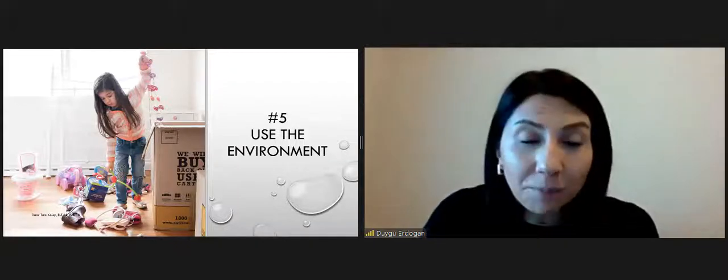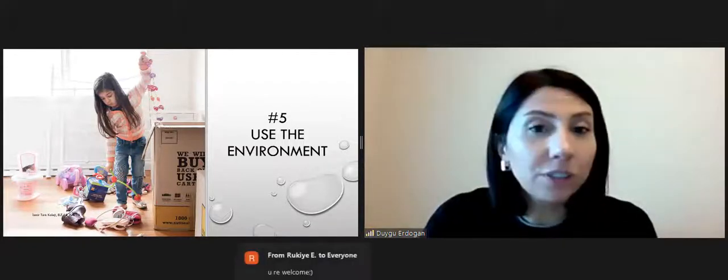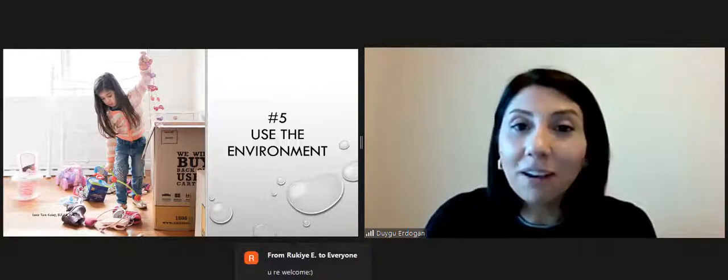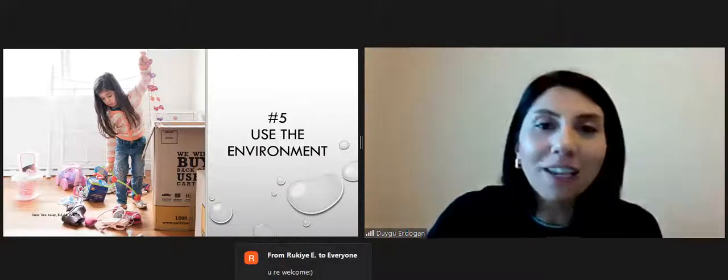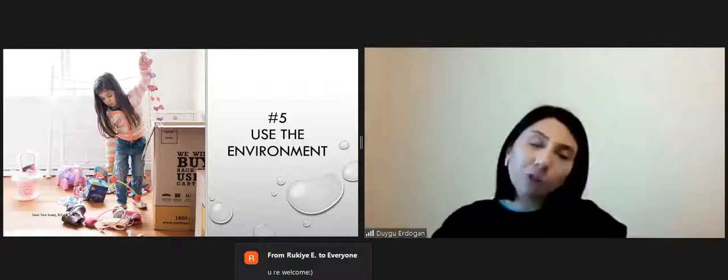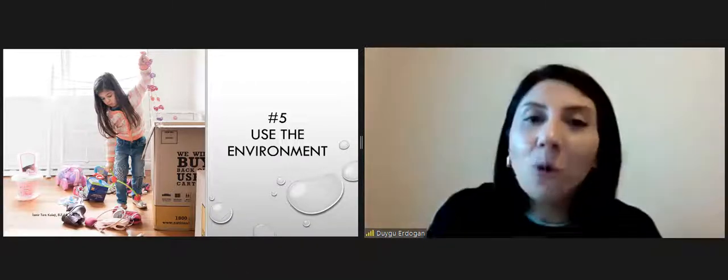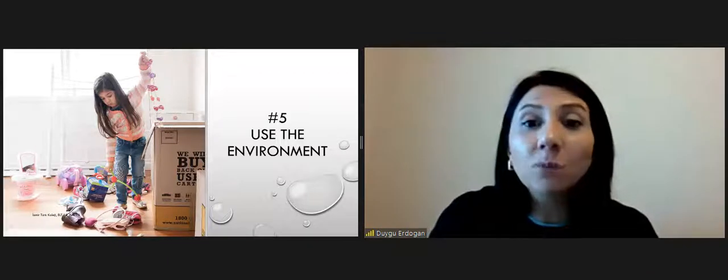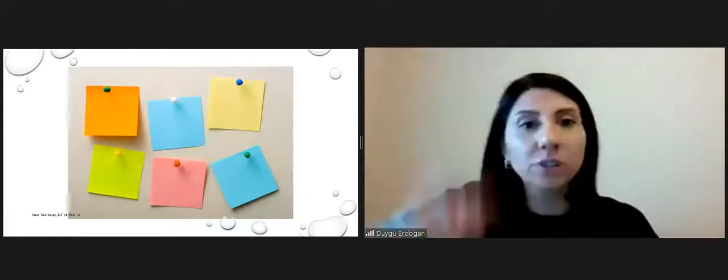Now, the environment, I have seen this work with university, adults, primary, secondary, kindergarten, all of them. Now, using their environment, unfortunately, is their homes. So why not have the kids walk around and come back into the screen? Grades 3, 4, and upwards, you can have them use post-its. Let's say you're teaching adjectives and they write the word creative on the post-it. So they can, in their room or in their houses, okay, as long as the parents let them, and I do think they would, walk around the house and find something that they can associate with the adjective creative.